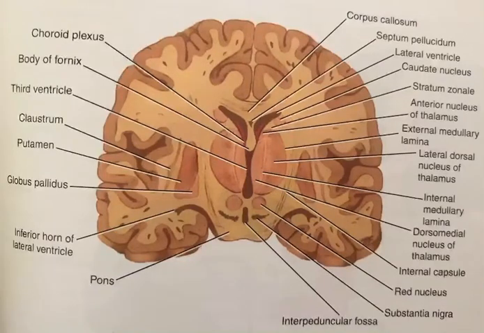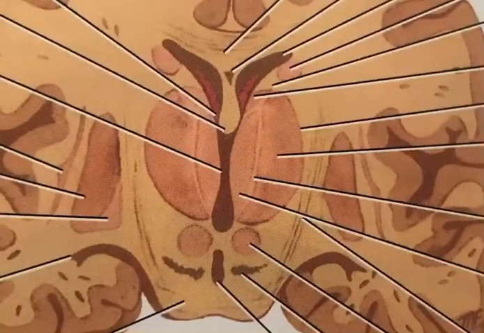This is a short overview about the thalamus and its connections. It's a very interesting area, but because of the many nuclei you might get confused. So now we'll clarify that.